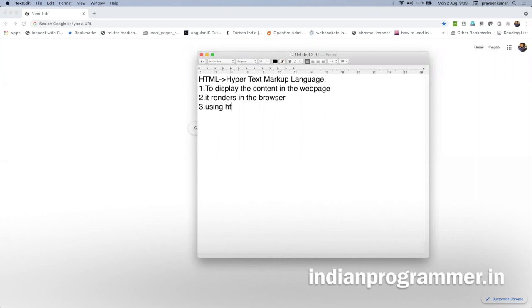Using HTML tags the page can be designed, which means using some of the HTML tags, which we will see later, we can design our website. And the last one is